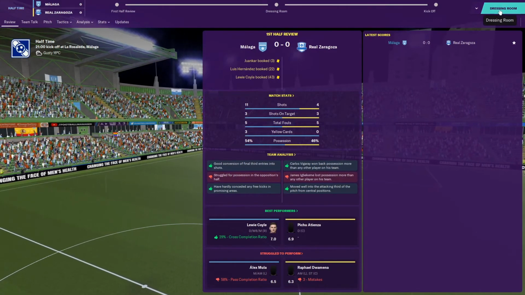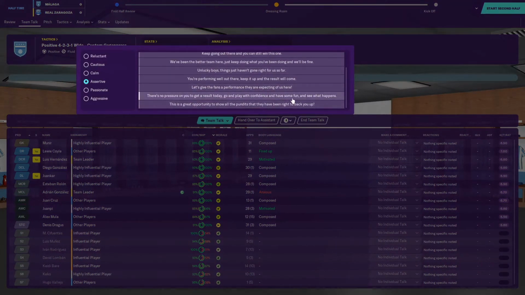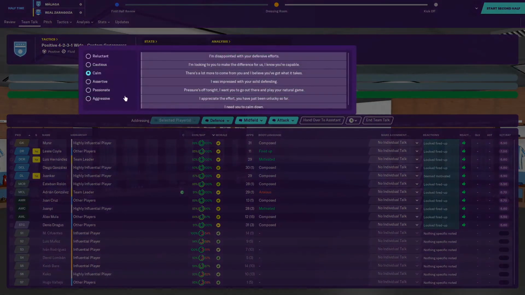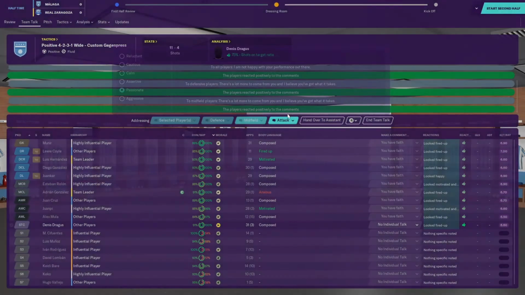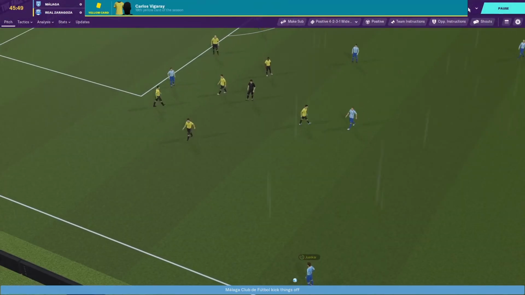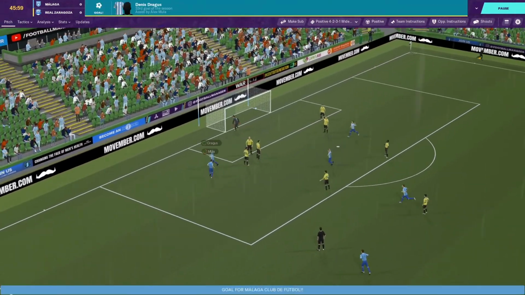Now, a draw for us is not the worst outcome. I can take a draw. A loss is not ideal at all, because that puts a little bit of pressure back on us. Keep going like that. No, not happy with your performance. You can do better. There is a lot more to come from you, for sure. A draw is okay. A win is the best outcome, because that puts us 9 points clear as we go